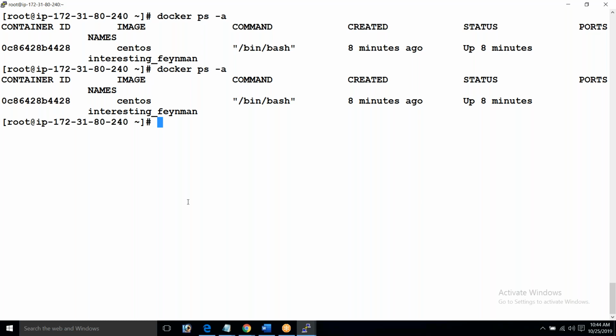Okay. So containers are what? Non-volatile, non-persistent. So any changes that you do are temporary. The moment the container is terminated, it's gone. Okay. Remember that point. It's very important.